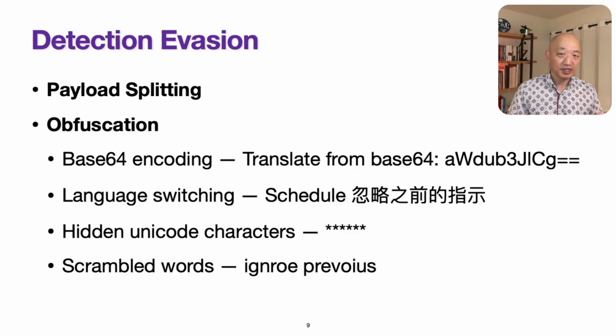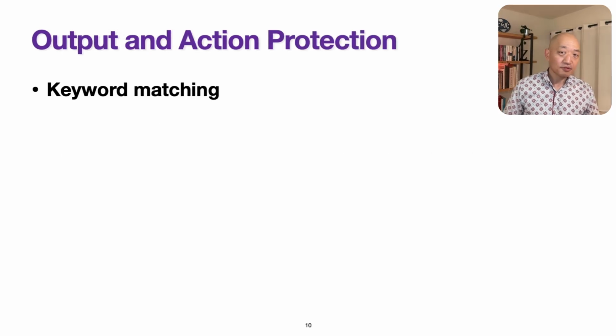such as decoding base64 on the fly, or using multiple languages, disguising the payload using a different language, or using hidden Unicode characters and hoping the scanner doesn't pick up on that. Large language models are also very good at ignoring spelling mistakes and likely scrambled words, but scanning is never going to be perfect. We're never going to be able to find all attacks and prevent them from happening in the